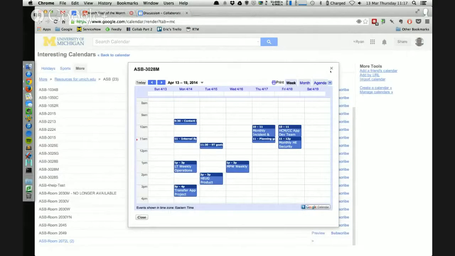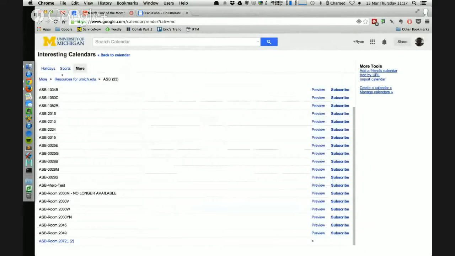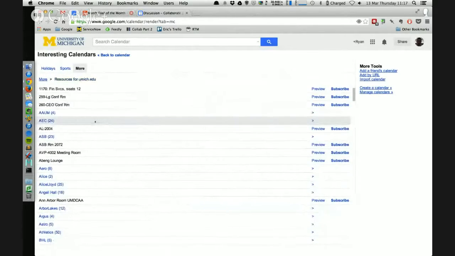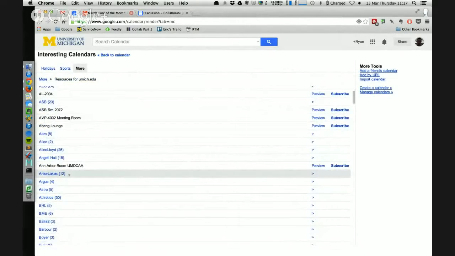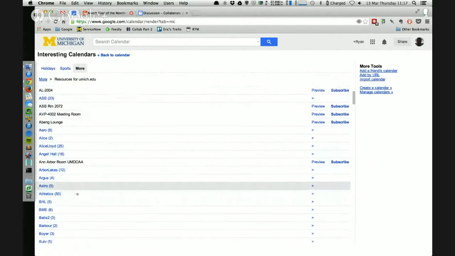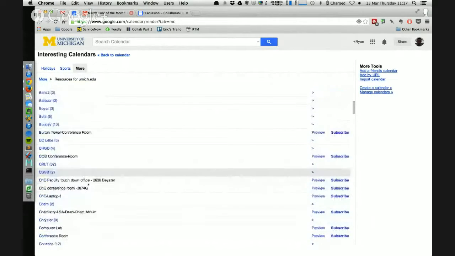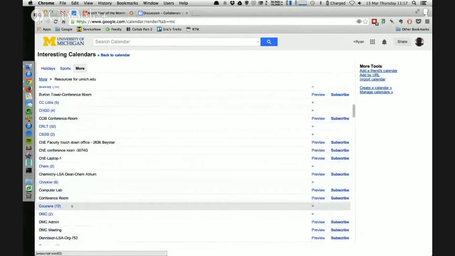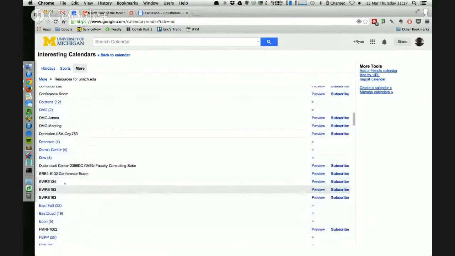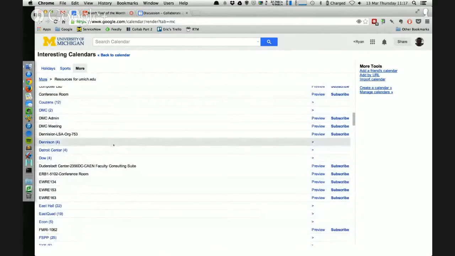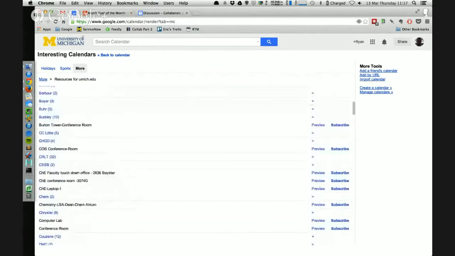So for a couple of the other locations, there's ASB, Arbor Lakes here for our ITS folks, athletics. A lot of groups have done these by organization levels, but we do see buildings, and some of them are just at the top level. You may have to search, and you may have to search from the event creation screen